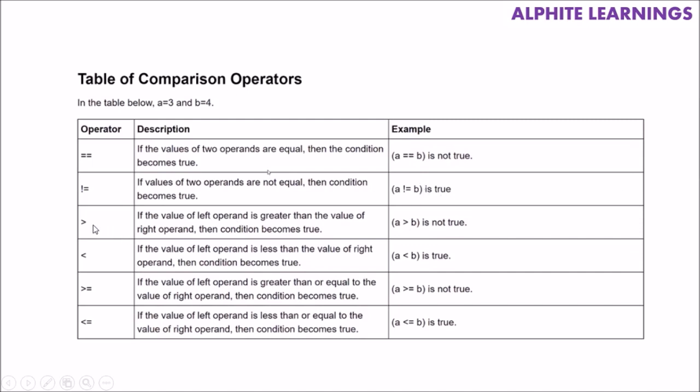Okay, as everyone knows, greater than and less than are based on the values, right? If a is greater than b or less than b, we check that using the greater than and less than symbols. So what is the difference between these symbols and the ones with equal to? We include the equal value also. Consider a to be 10 and b also 10. If I write greater than or equal to, if either condition is satisfied, it gives me the value true. Here also it is the same: greater than or equal to, less than or equal to.